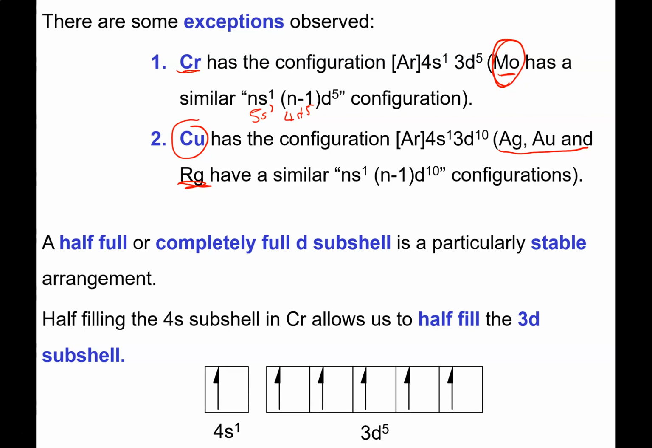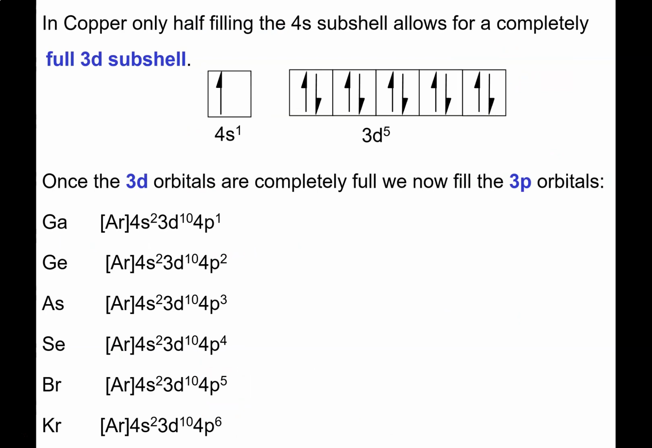Well, this happens because a half-filled D subshell or a completely filled D subshell is very stable. So what's happening in chromium is that by half filling the 4s, that allows the 3d to be half filled with 5 electrons, and that's a very, very stable arrangement in terms of energy. In copper, we have a similar scenario. By half filling the 4s, we get an extra electron, and then that allows us to finish off